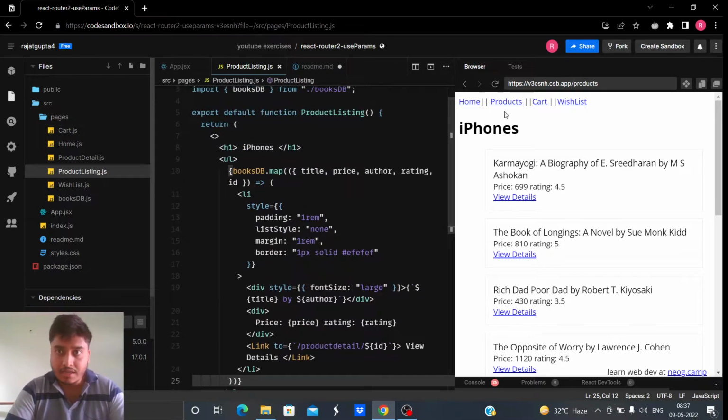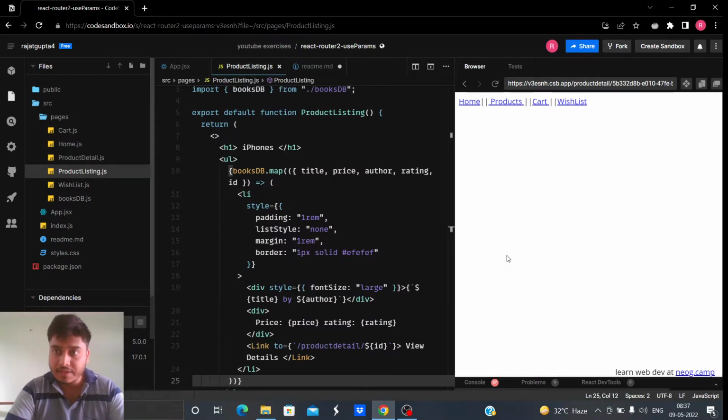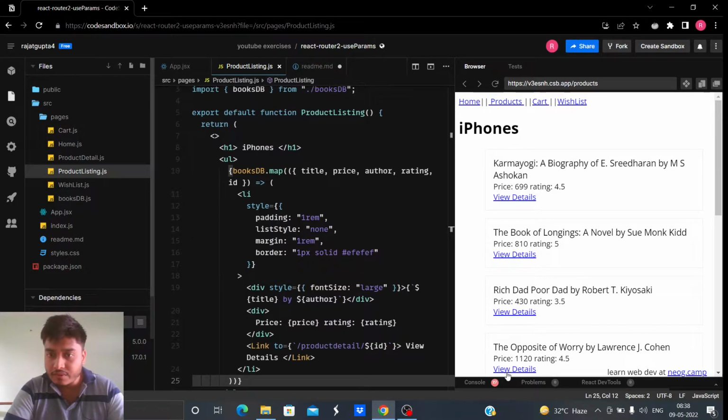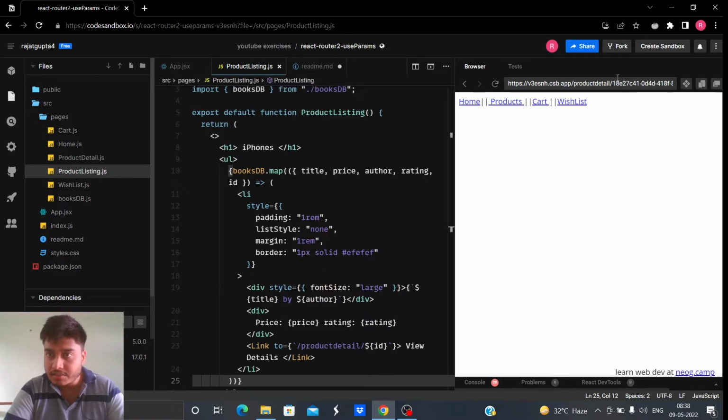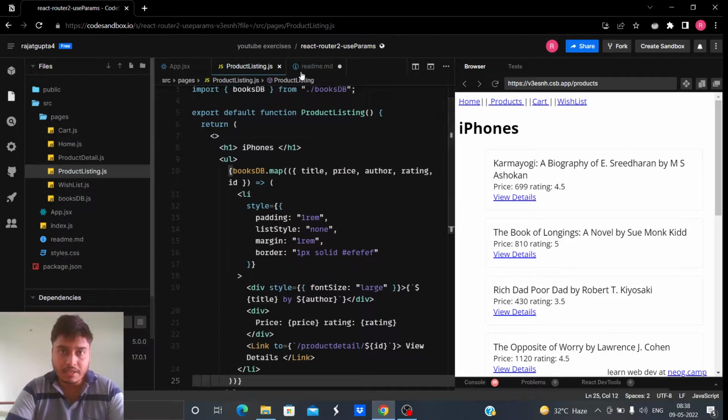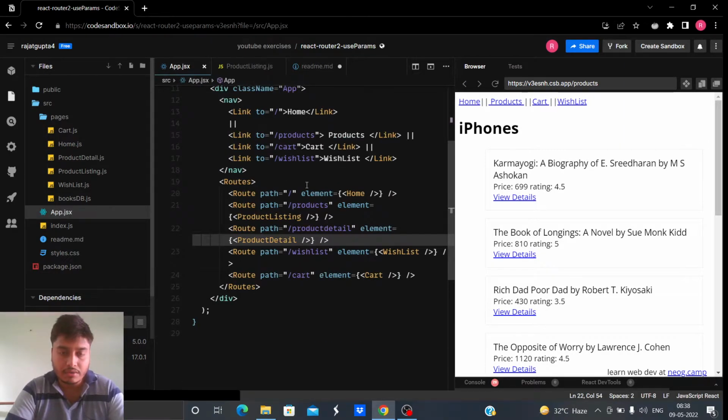So let's make a route corresponding to this URL. Now you might be thinking that we have to make different routes for different URLs, like for this we have to have a different path, then a different path for this because it is a different URL, and so on. But it's not the case. We'll make a single route. Let me show you how we'll do it.